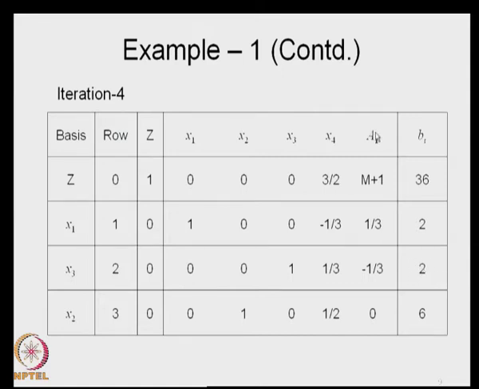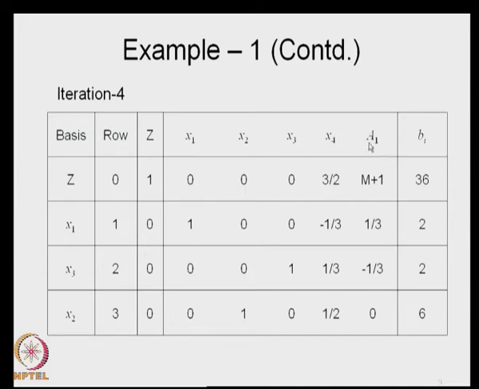However, a1 has to be 0 in the final solution, because you have introduced a penalty corresponding to a1. If there is any artificial variable which is non-zero in the final solution, it means that the penalty comes into play in the optimal z value. We will see the implication of that when we proceed further.